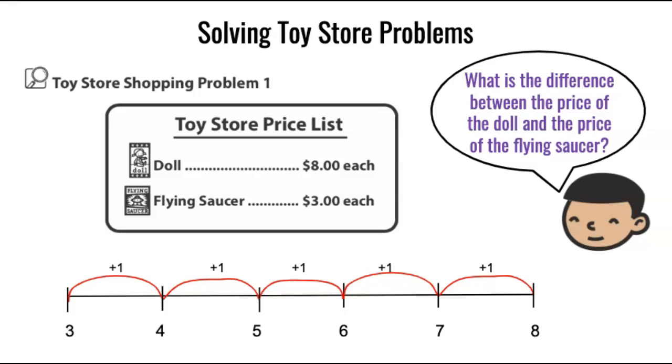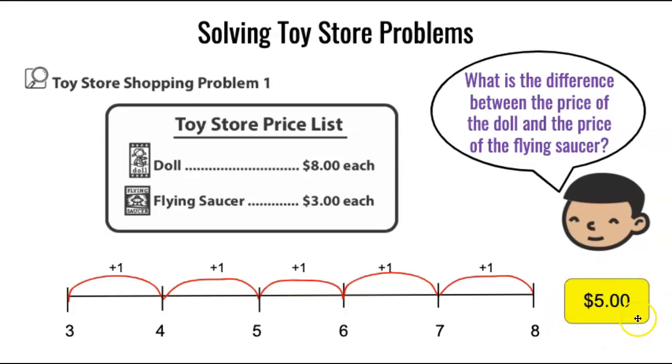We can start on our smaller amount of $3 and count our jumps as we get up to 8. We would count 1, 2, 3, 4, 5 jumps. We write our answer. Remember to write your dollar sign, your decimal point, and 2 zeros at the end